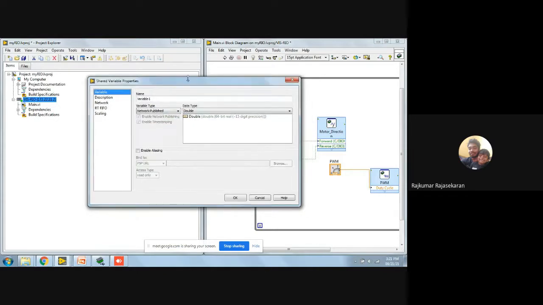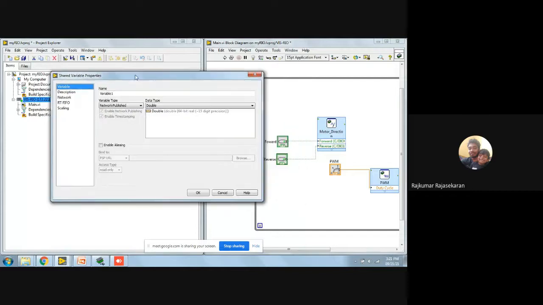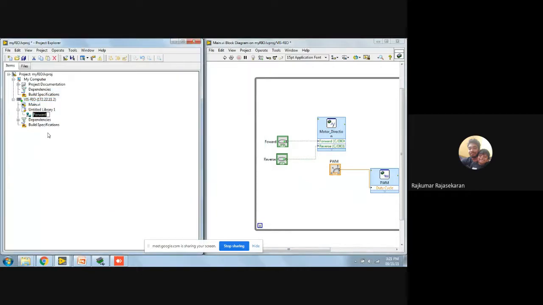We are going to basically transfer forward and reverse. Right now, I don't think it's a good idea to transfer the PWM, so let's keep PWM fairly constant. The name of the variable I have to give is forward. I say data type Boolean, and that's it. So this will create a library.